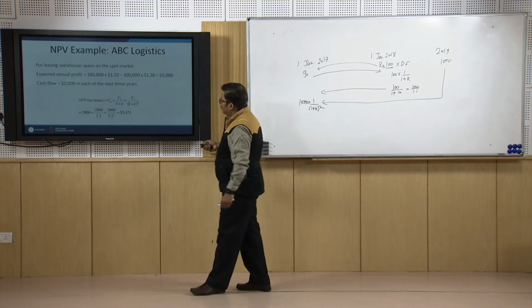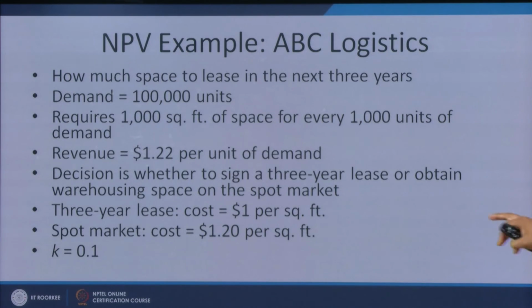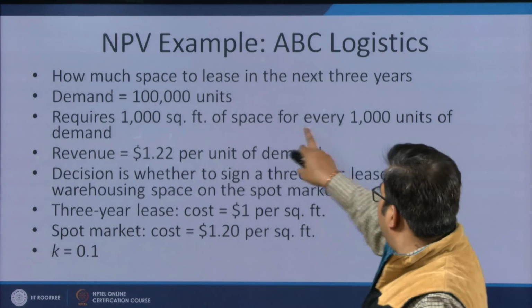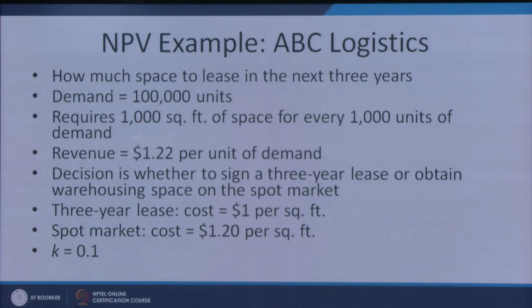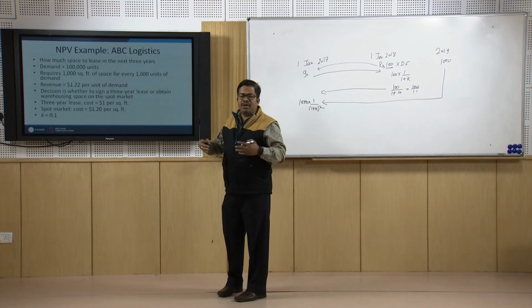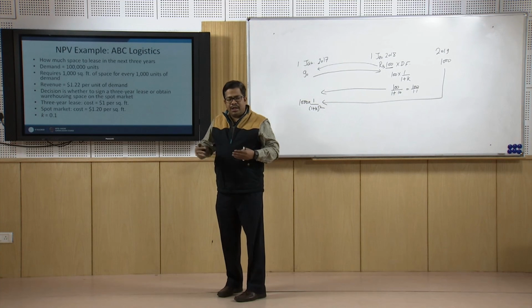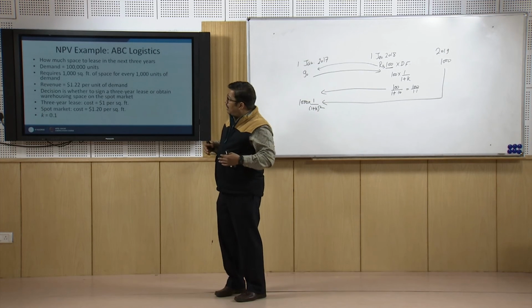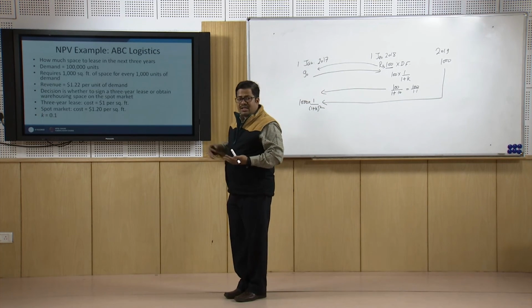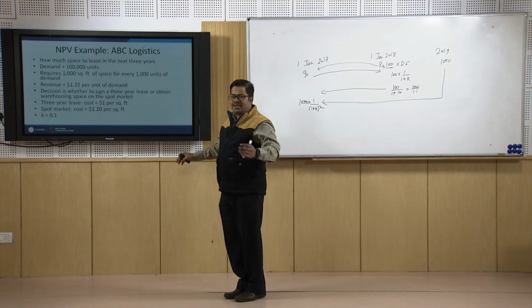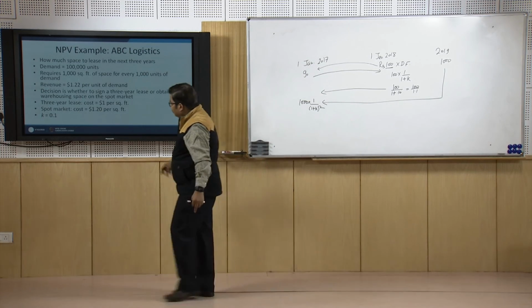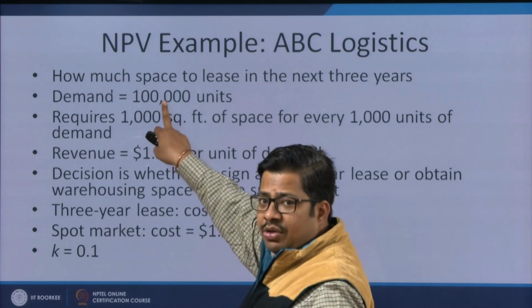You see in your data that you require 1,000 square feet of space for 1,000 units. Now if, on a day-to-day basis, after the second year you realize that the demand for next year may be just 10,000 units,